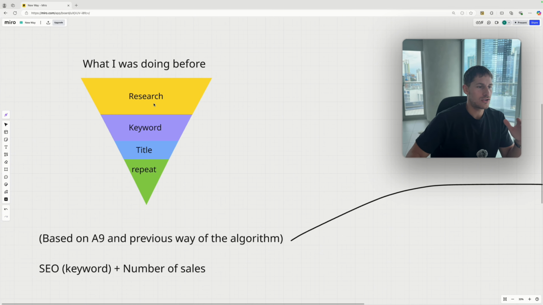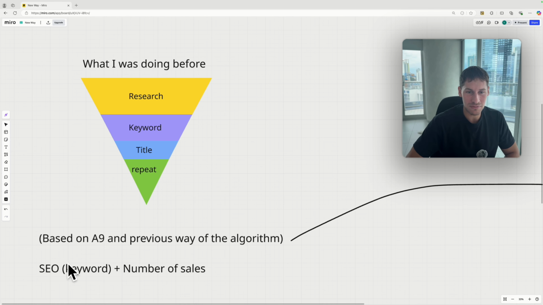Because if you keep doing research, finding a keyword, creating a title around this keyword, and repeating the process, you keep spinning on a hamster wheel pretty much. You have to start from zero every single time. You have to look for a new keyword. You have to do the same research all the time, with all the spreadsheets or writing down the competitor results, etc., none of which matters. I haven't done that in the last few years. I was doing that when I was making $50 per month. I'm not doing that now that I'm making $50,000 per month. So just to get you to understand how things work.